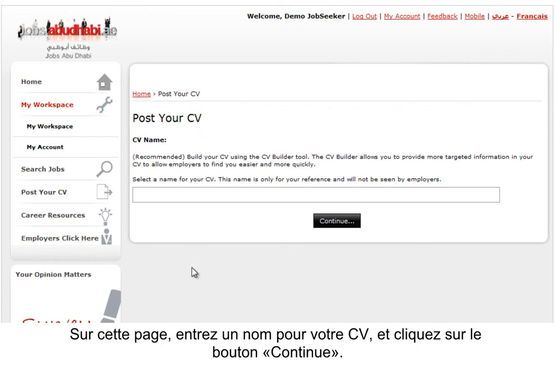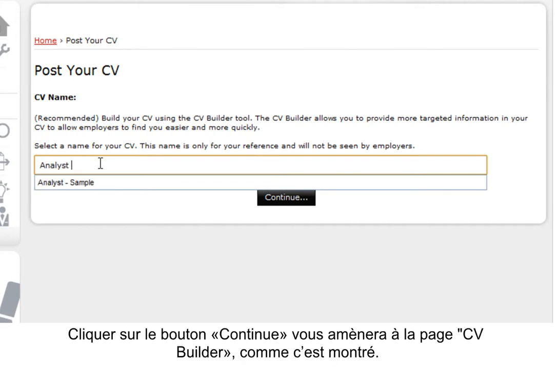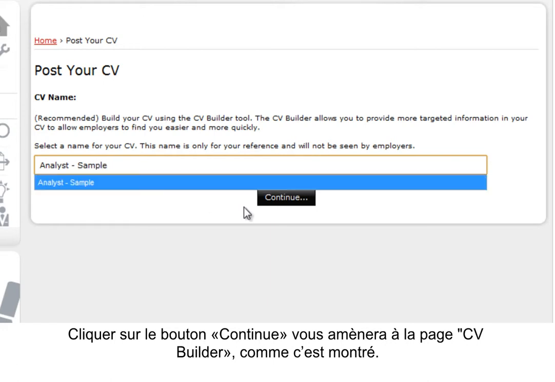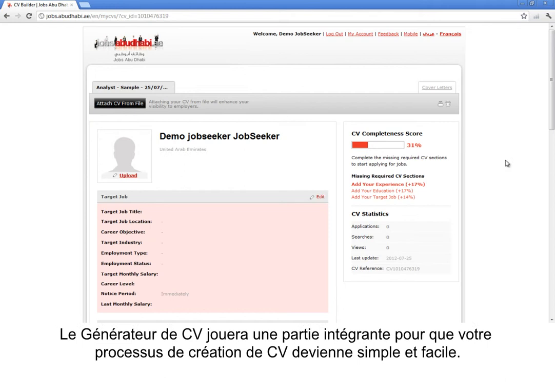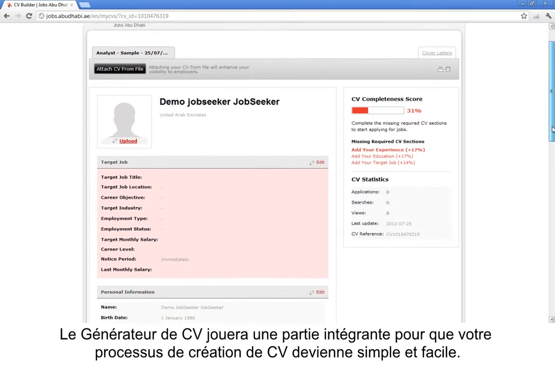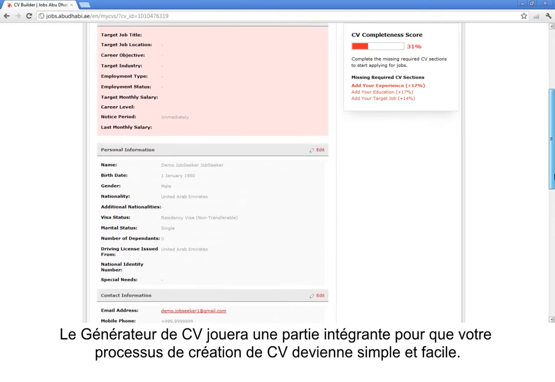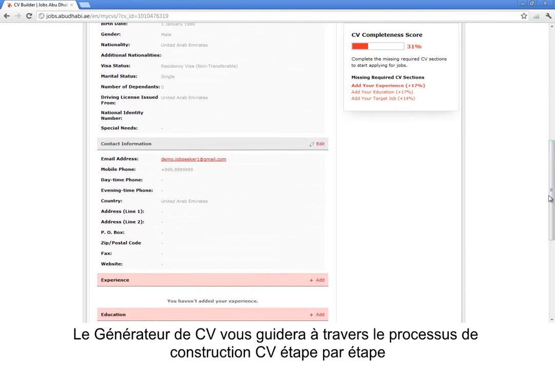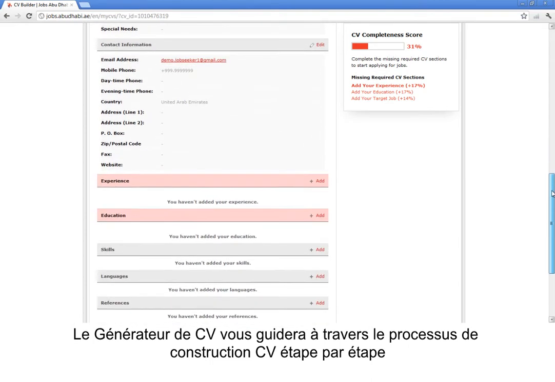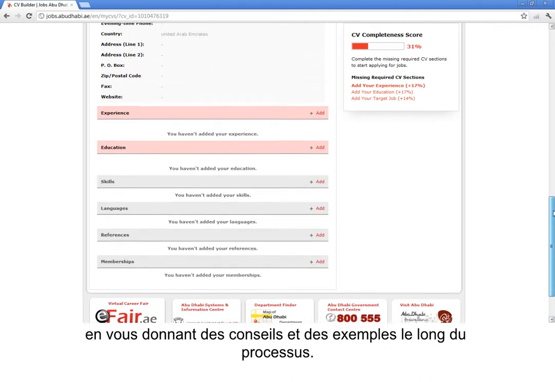On this page, enter a name for your CV, and click on the Continue button. Clicking on the Continue button will take you to the CV Builder page, as shown. CV Builder will play an integral part in making sure that your CV making process becomes simple and easy. The CV Builder will guide you through the CV building process, step by step, providing you with tips and examples